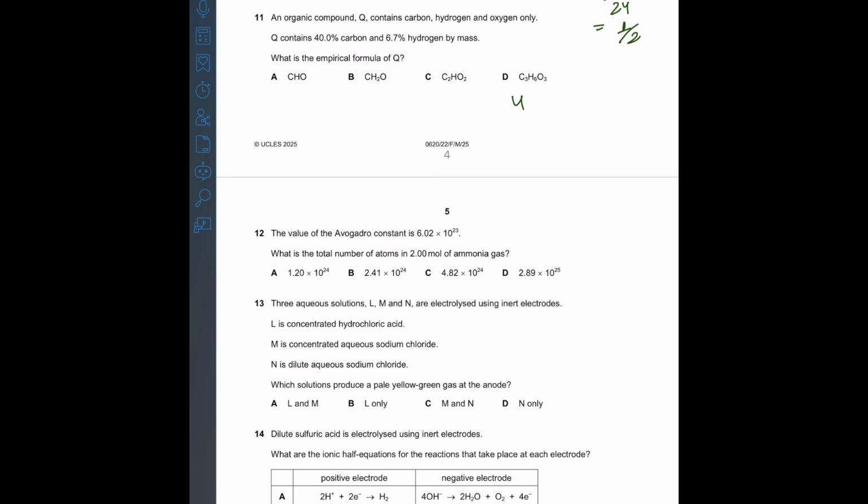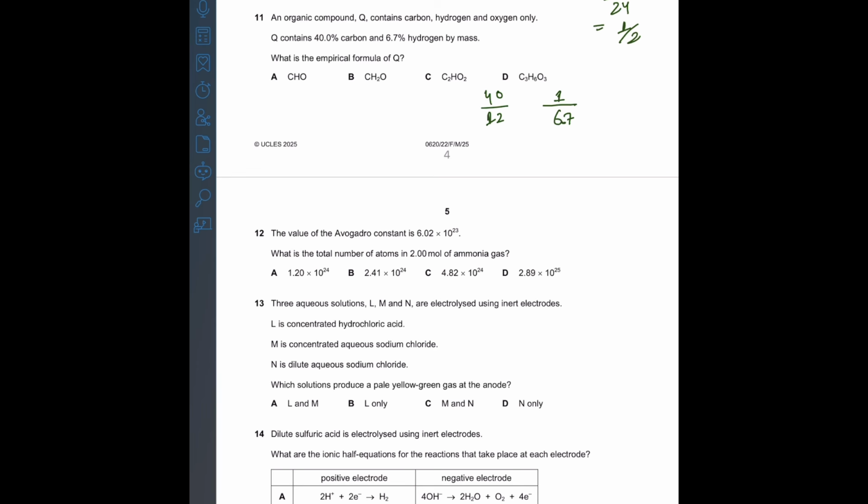Carbon has a mass of 12. So if we do the method, 40 by 12 for carbon, 6.5 by 1 for hydrogen, and oxygen will be the leftover percentage. So the leftover percentage, 100 minus 40 plus 6.5